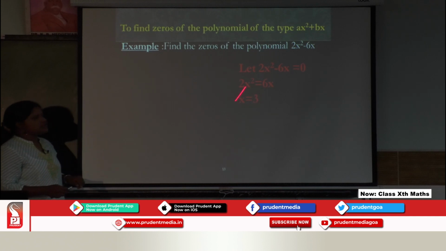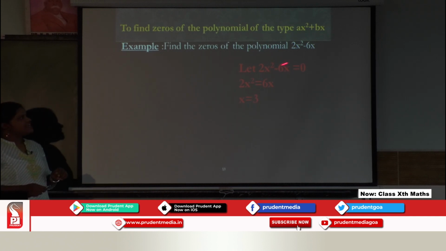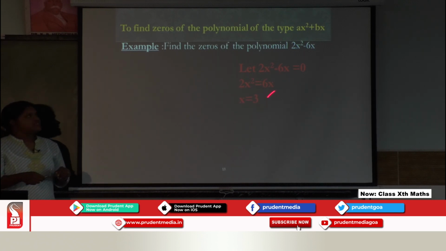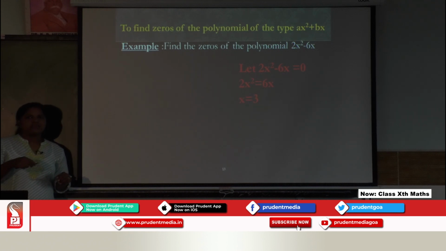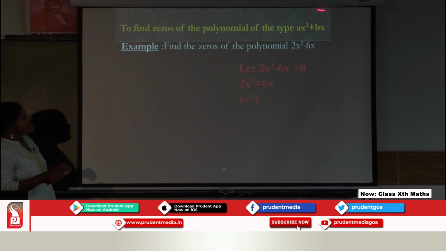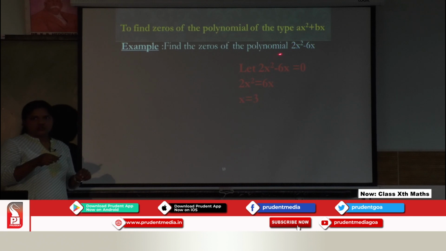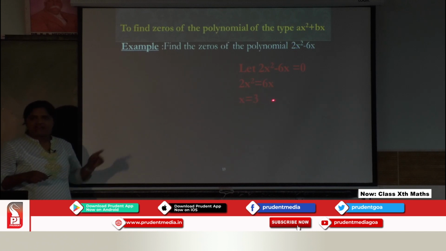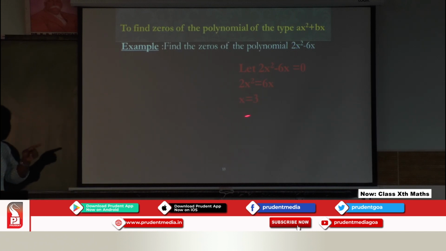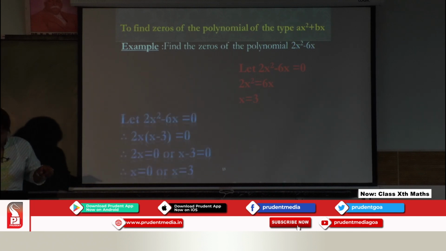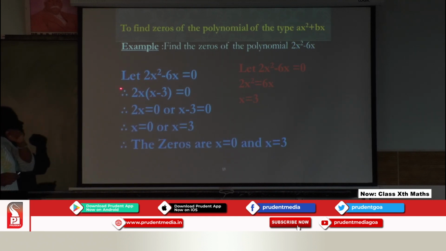So what will you do as usual? How do you solve the equations? You will shift this negative 6x to the other side, put it as positive 6x. You will cancel x, then you will cancel 2, ones are 2 into 3 and you will get x equal to 3. This is an absolutely wrong method. Why? Because it is mentioned here that the highest degree of the polynomial is 2. So we need to have 2 zeros for this equation, but we will end up having only 1. So this is a completely wrong method. Please do not follow these steps. So let's have a look at the proper steps.